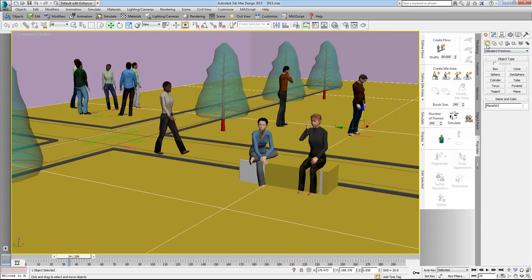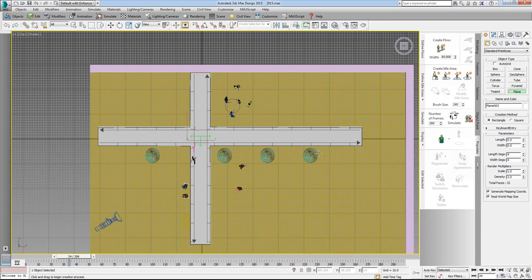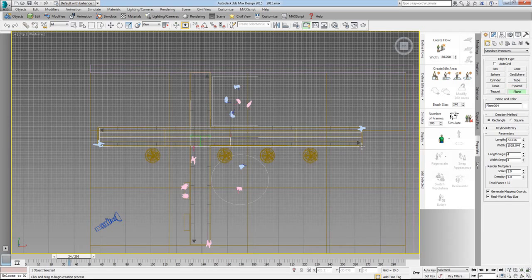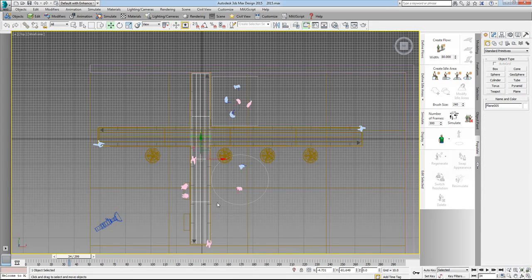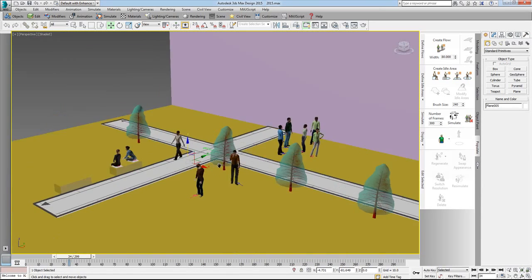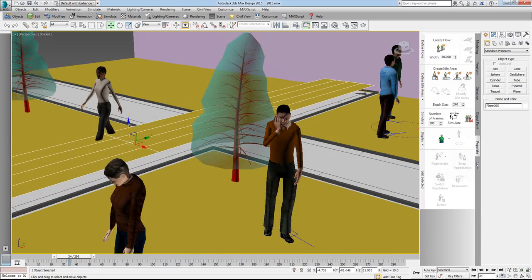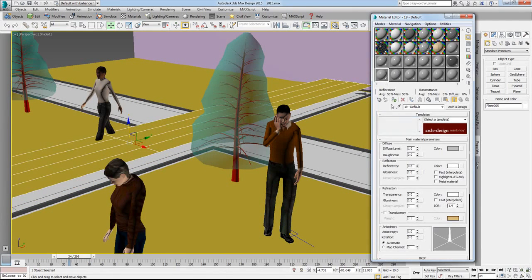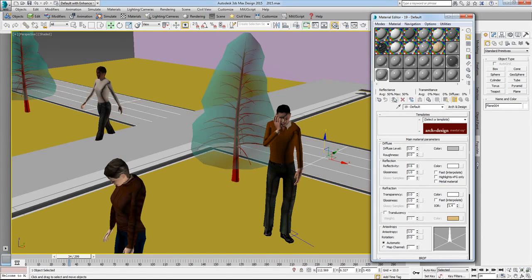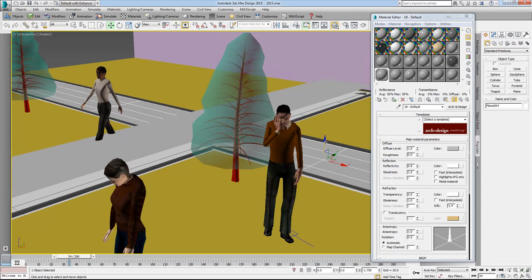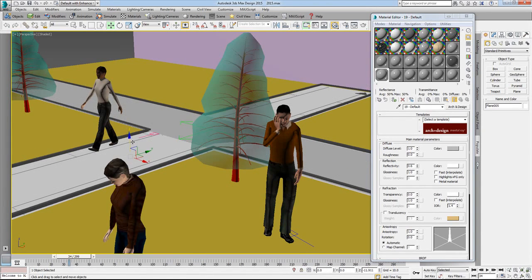I take another plane, like this. Give the material like this.